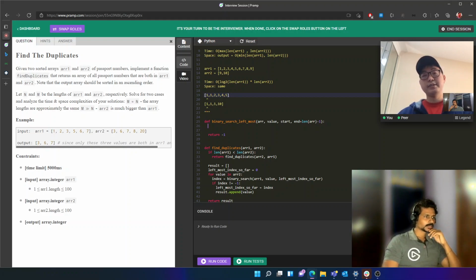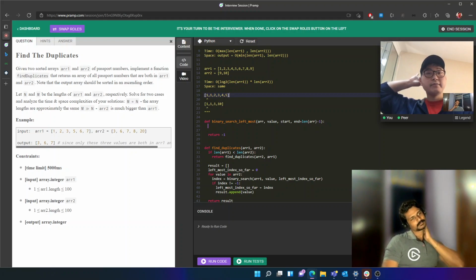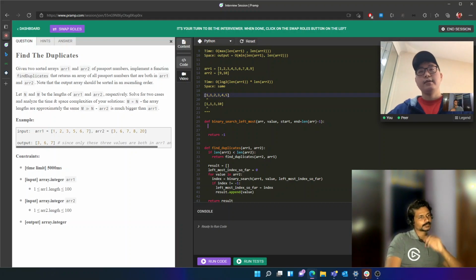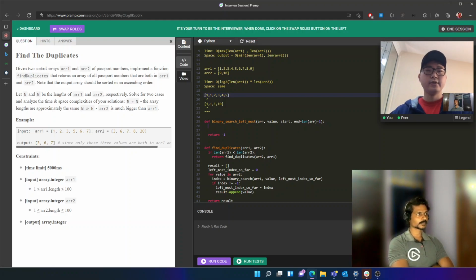So what I need to implement here is binary search leftmost. Which I think there is an error, but let's proceed. Let's see. If I want to get the leftmost, I want to continue to move to the left until either there is no more index or